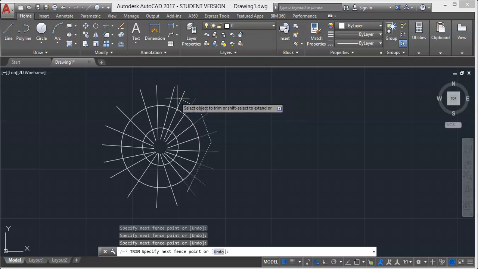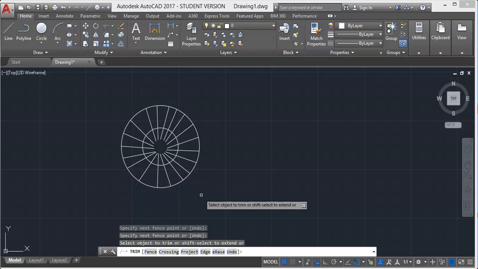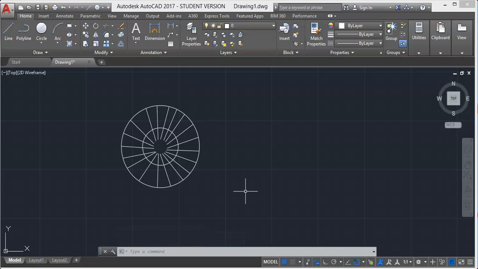So let's make a fence something like this. Once you make a fence and press enter, you will see that all the extra lines are removed all at once. You don't have to select individually one by one. So this could be a handy tool if you want to trim multiple lines all at once.